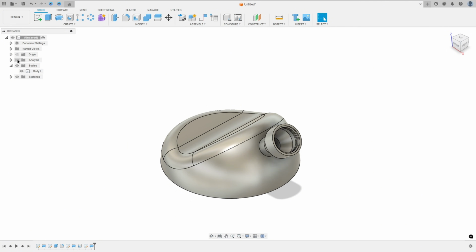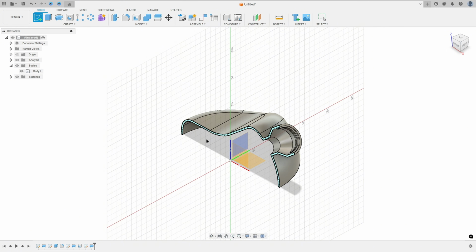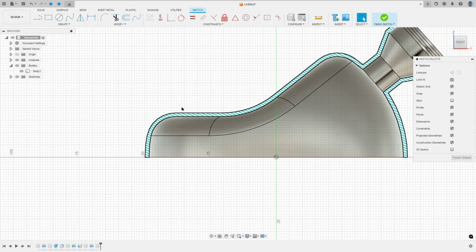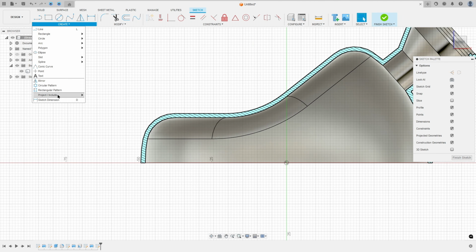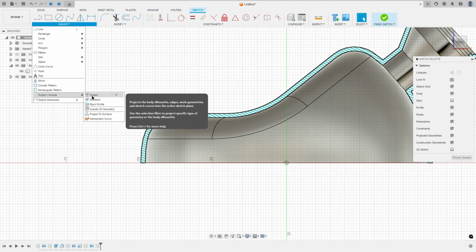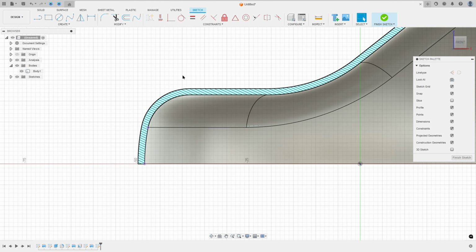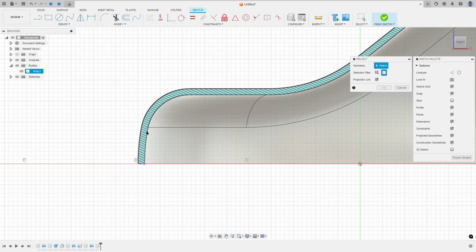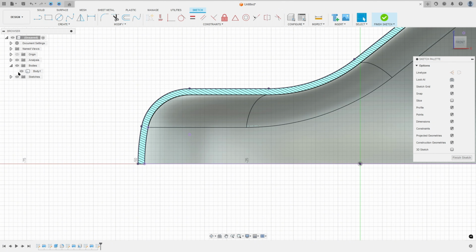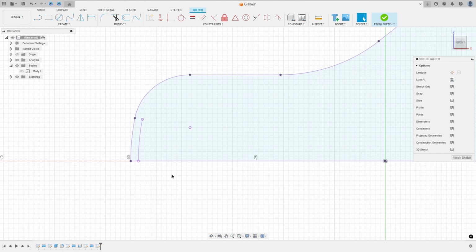so show the analysis again, go to create a sketch and select the front plane, and here go to create, select the project include, select intersect, select this face here, press OK, go to project again and select the project and select this body here and press OK. I will hide the body one. We have this, select line,